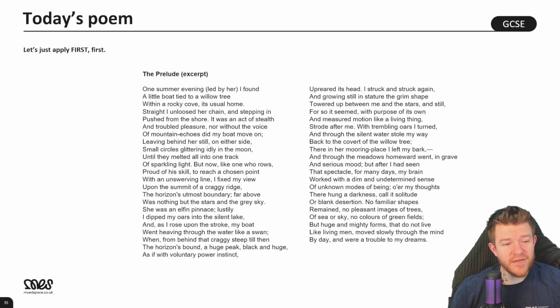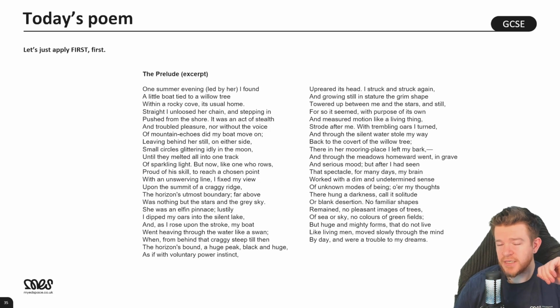Okay, so let's just give ourselves a little bit of a deeper insight into this poem, The Prelude by William Wordsworth. So what we're going to do is apply 5 key ideas so that we can get 5 great annotations onto the poem. Then we're going to layer in a little bit of that all-important AO3 context. We're going to do all of that within 10 to 15 minutes and get a really nice core ideas overview of this poem. So let's go for it.